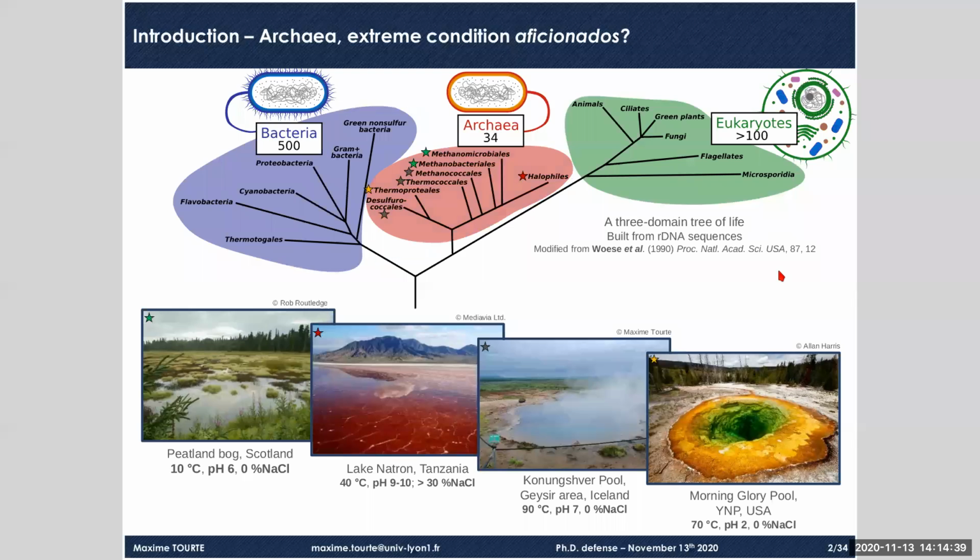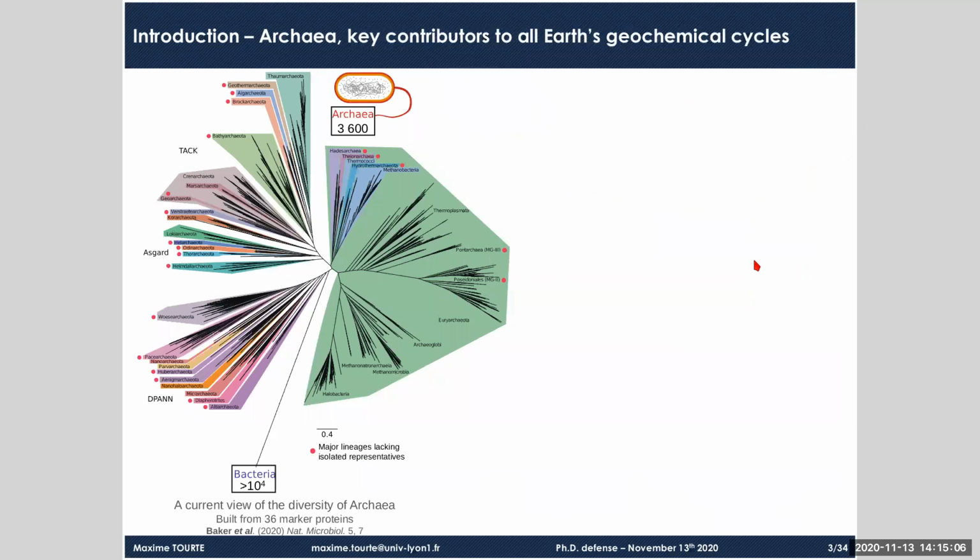So in 1990, Carl Woese and colleagues introduced a third domain to group these very strange organisms that they called Archaeobacteria and later on Archaea. But due to the very small number of Archaea that we knew at the time and the very specific environments they inhabit, Archaea were at first considered only as very strange extremophilic bugs. But thanks to the advent of the genomic era that we currently know, the diversity of Archaea just burst, as you can see with this phylogenetic tree of the diversity of Archaea.